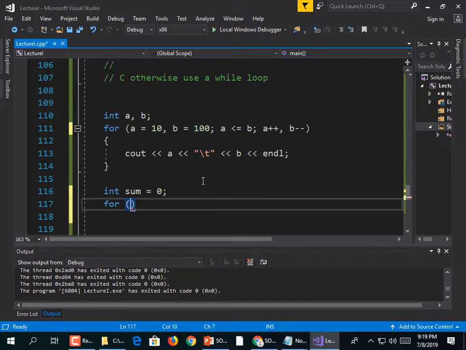For (int value = 0. Why not start it at 1? For int value equals 1, it wouldn't matter though if it was set to 0, right? Because 0 plus 0 is still 0. For (int value = 1;